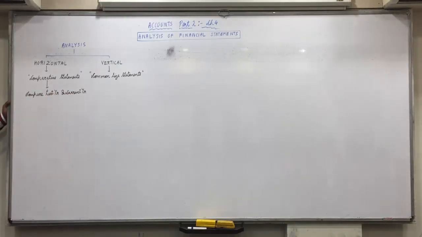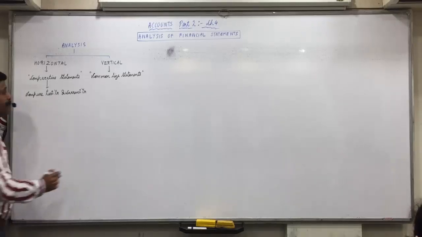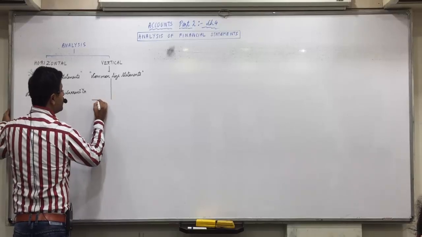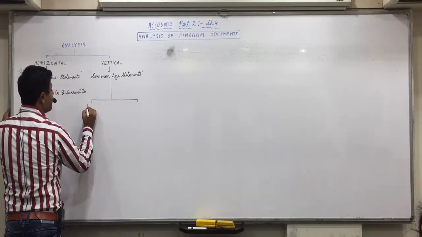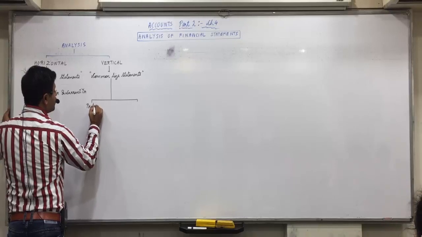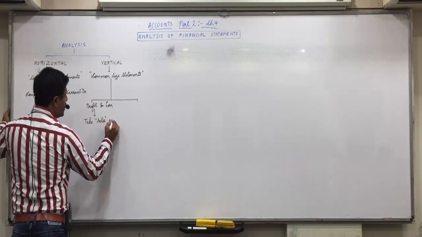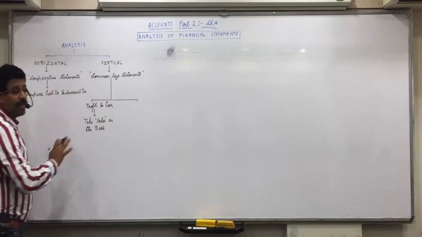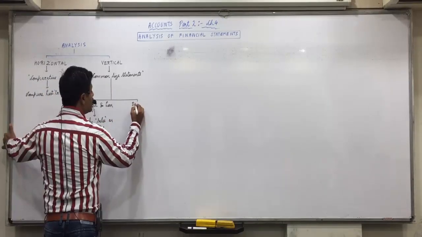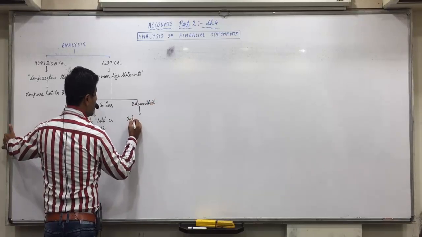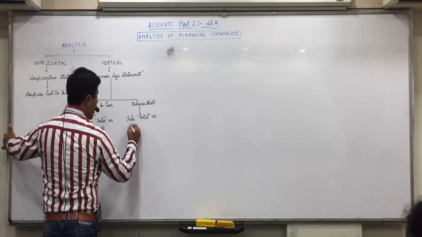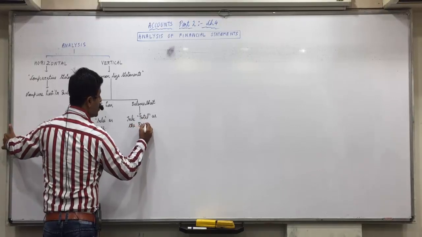Okay? Or maybe past years and current year. But in a comparative statement, horizontal analysis, the current year's performance is compared with last year. In common size statements, in case of profit and loss statement, we take sales as the base and compare all information with sales. In the balance sheet, we take the total as the base and compare all the information with it.